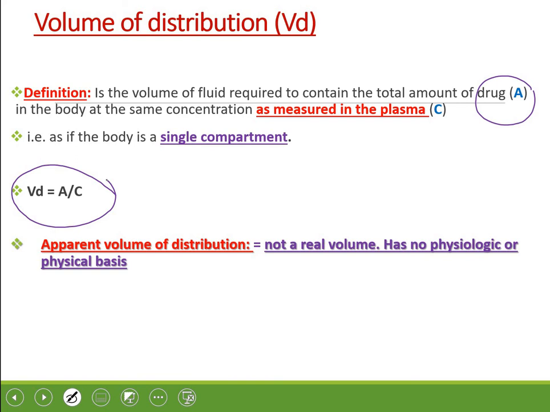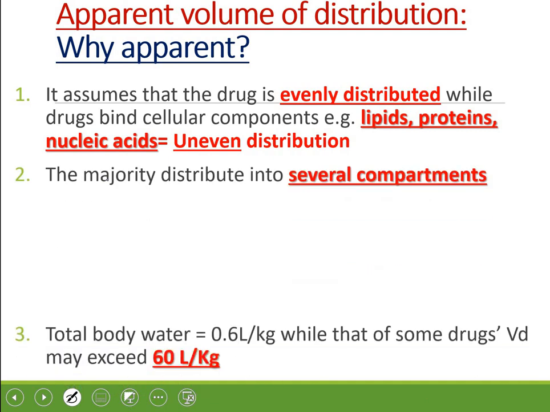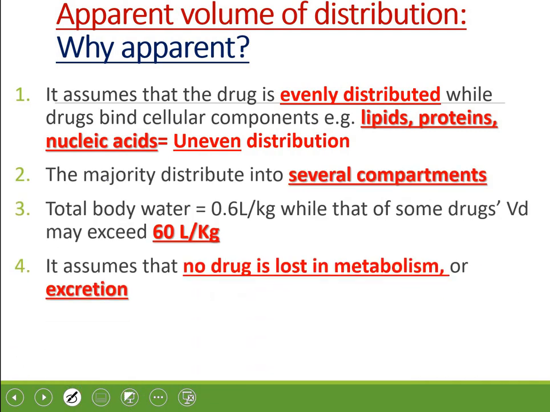For example, in case of drugs which require much more plasma volume, more than 42 liters, which is the human total volume, more than that, that is why we call it the apparent volume. What is important to understand is that this volume of distribution assumes that the drug is evenly distributed while the drugs bind to the cellular components, like lipids, proteins, nucleic acid, and for the even distribution, we think that an equilibrium is maintained, and the total body water, that is